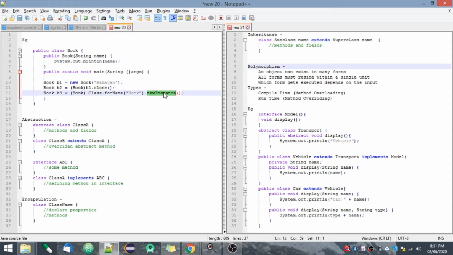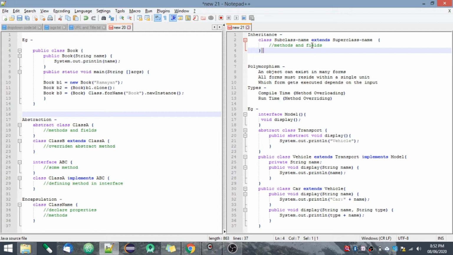Now let's come to the 4 pillars of object-oriented programming. The 4 pillars are abstraction, encapsulation, inheritance and polymorphism. Let's start with inheritance. What is inheritance? Basically one class acquires the properties of another class. In this we implement the concept of reusability. The properties of the superclass can be accessed by the subclass. So it is a parent-child relationship.